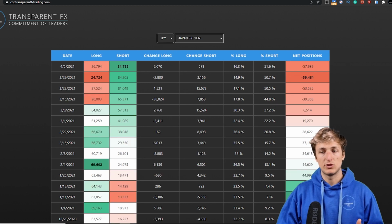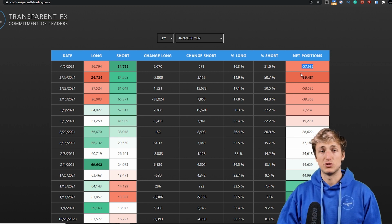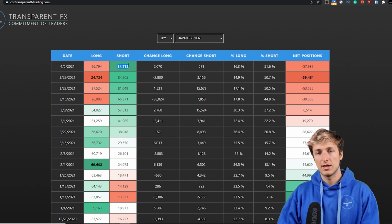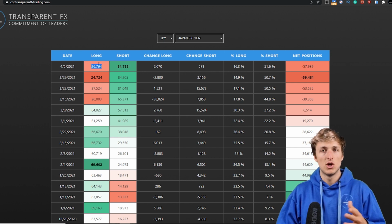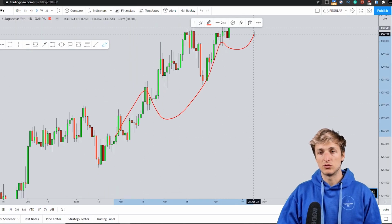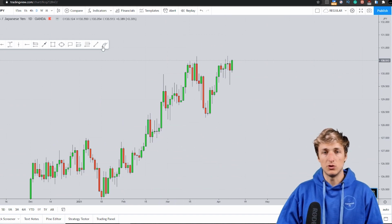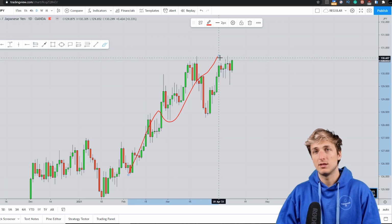And if we go and see what we have on the JPY, we can see how lately on the JPY, net positions have been decreasing quite drastically. In fact, we went from having 50.5k net positions all the way down to having 57.9k net positions. So the JPY is actually getting quite weak here, with net positions dropping, reaching 84k short positions and only 26k longs, which explains perfectly why EURJPY has been creating this continuation to the upside, because the euro was getting weak, but the JPY was getting even weaker than the euro, and that is why EURJPY has been creating the continuation